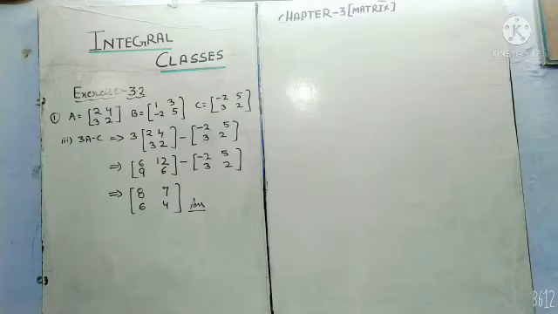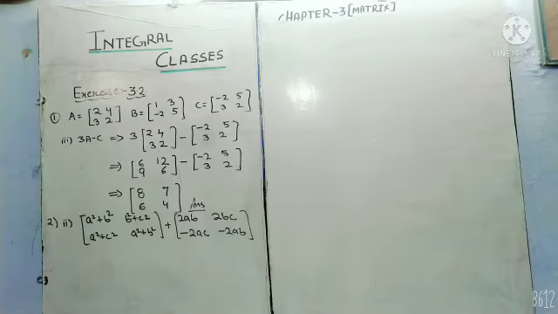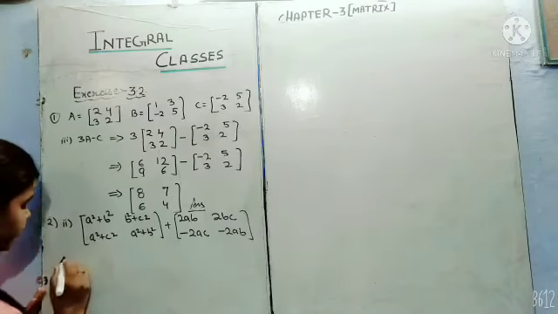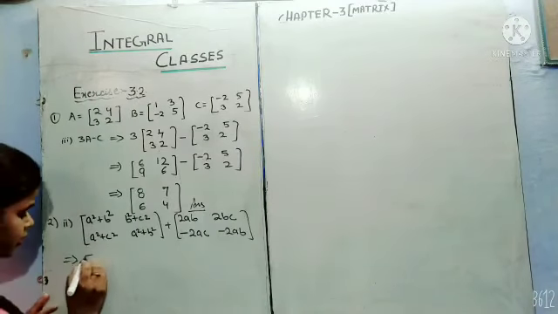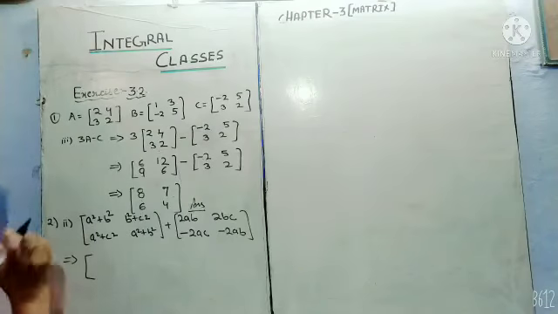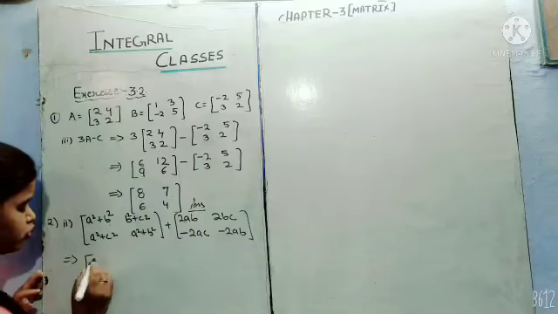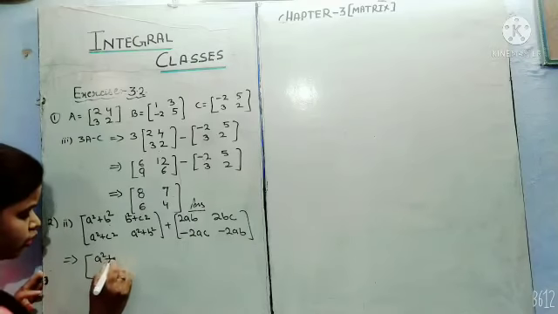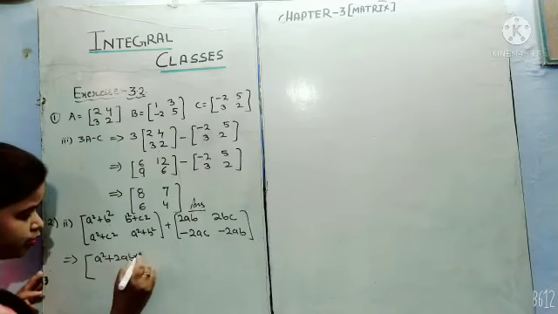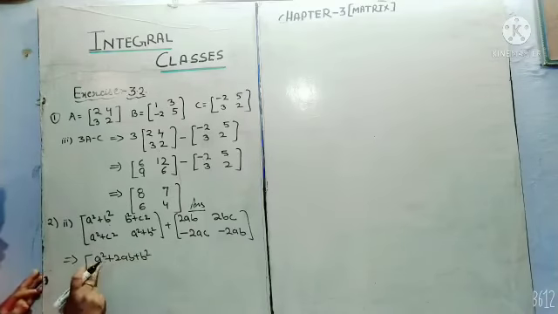Now I will explain the next question. Now question number 2, second part of question number 2. It is a little bit different. So I will explain this question. Now we will add firstly both matrices. Then corresponding elements we will add here. A square plus B square plus 2AB. A square, 2AB plus B square. We can write here like this.